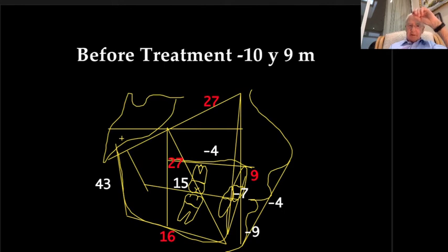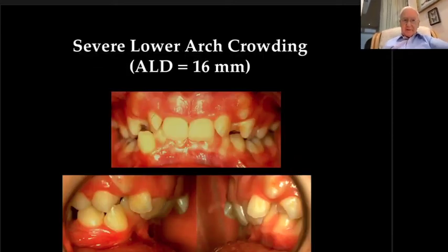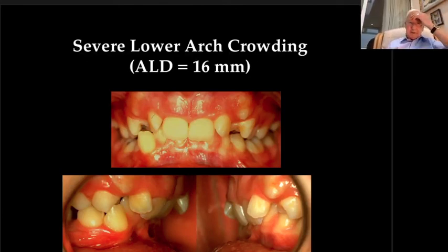This is a severe malocclusion. There is severe crowding in the lower arch with a 16 millimeter arch length discrepancy. In diagnostic terms, this would allow the lower incisors to be advanced from -7 to +1 to the APo line to resolve the crowding. However, I was treating this patient in the National Health Service with an administration that was committed